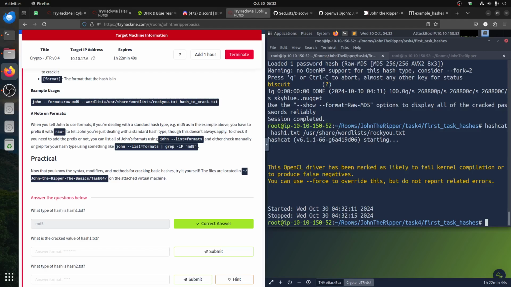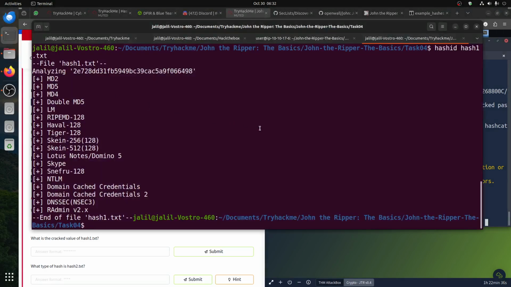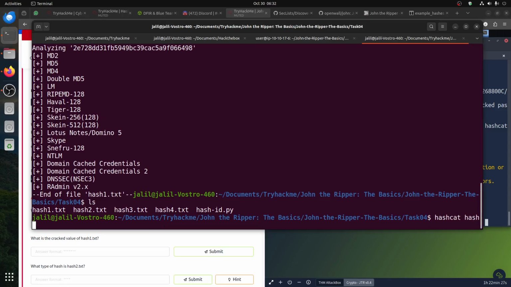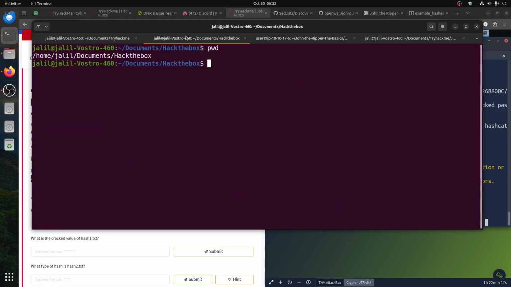Really? So you just died. I'm very surprised. We made a mistake. Which machine is this one? This is my machine. Hashcat. Now I'm really curious. Hashcat. Hash1. User share. No, not user share. Where is my path for